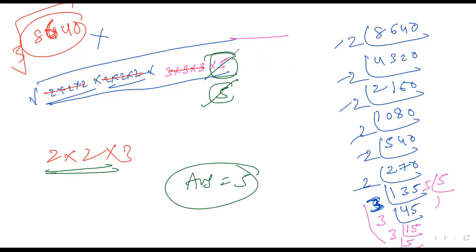It should divide with the left out portion. That entire portion should divide. If 5 is left out, 5 should divide. If there is one more 5, then 5 into 5, 25 should divide. So like this, it should be divided with the given numbers. I hope it's very clear. Multiply means what numbers are required to make it a perfect cube; that number should multiply. Divide means the entire thing should go down. I think the fifth question is clear. So next I will go for the sixth question.